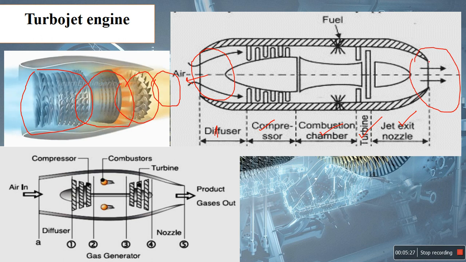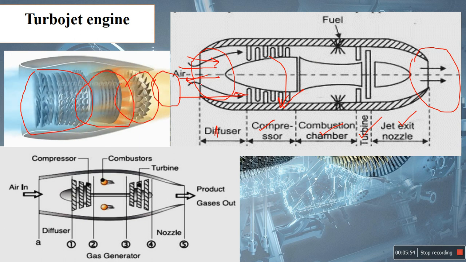Diffuser and nozzle are nothing but varying cross-sectional areas. Because of those varying cross-sectional areas, there is a change in properties like pressure and velocity. Okay, when the compressor initially starts to rotate, it creates low pressure inside the chamber, so that atmospheric air is sucked inside this chamber. Before coming to the compressor, it passes through some cross-sectional areas which act as a diffuser.